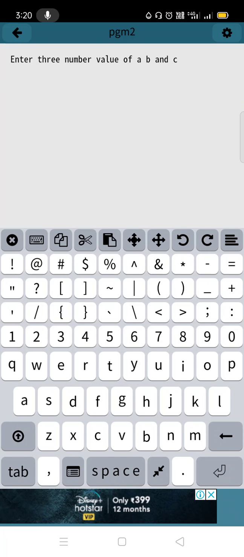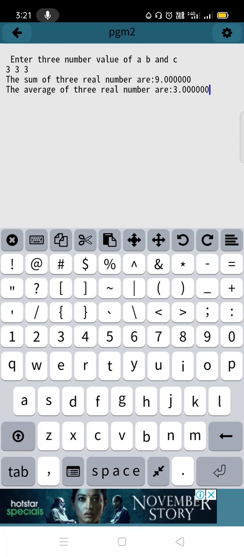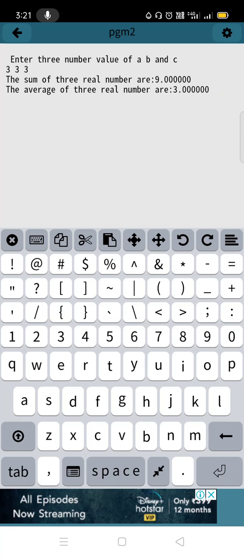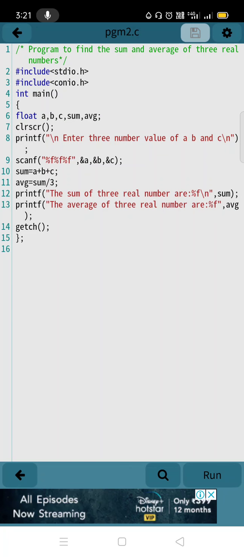Run once again, 3 3 3, enter. Before, this line was starting from the same line, because I had not used that /n. What is the purpose of /n? It takes your cursor to the next line. So, did everyone understand how this program works? I hope all of you understood.